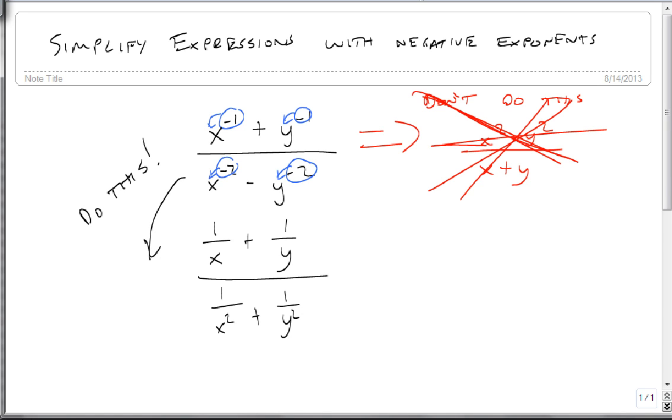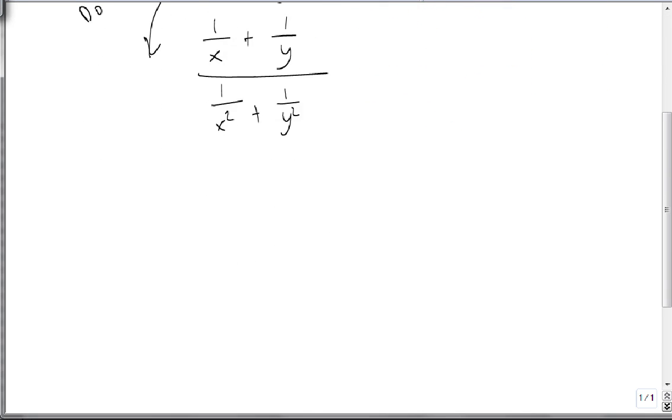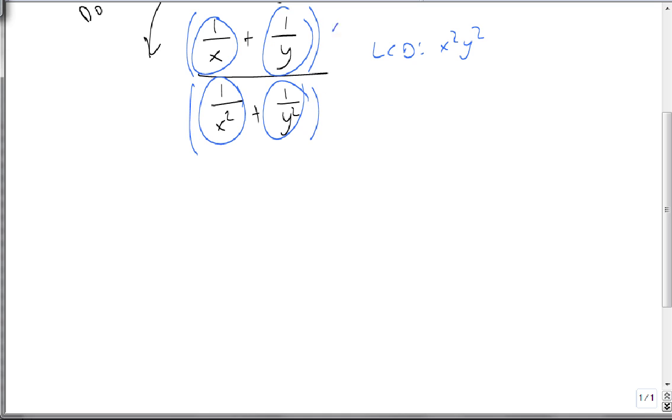Now we've got a complex rational. So we can find our LCD of this piece and this one and this one and this one of our four smaller rationals, and we get x squared y squared. Then we'll use our method. We'll multiply the top and the bottom by x squared y squared over 1 and x squared y squared over 1. Distribute. I get x squared y squared over x, which leaves me with xy squared plus x squared y